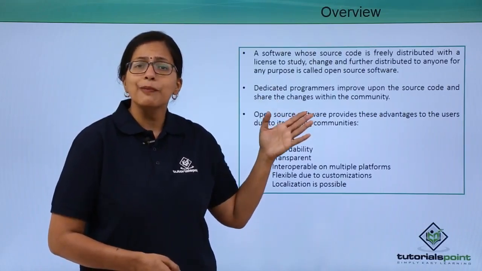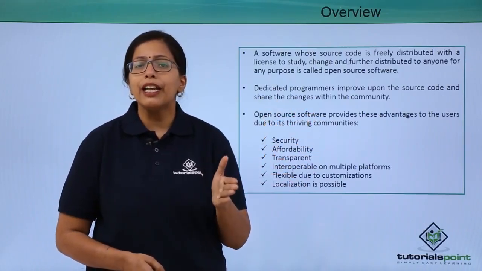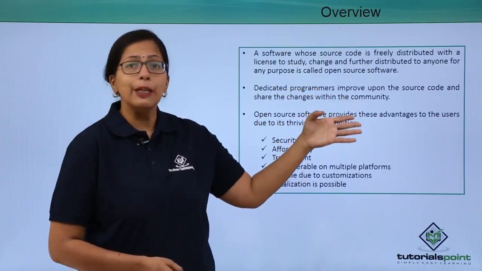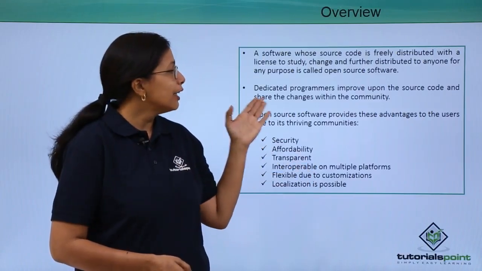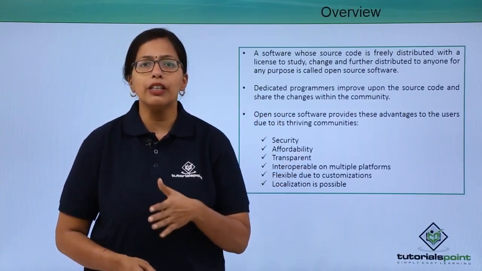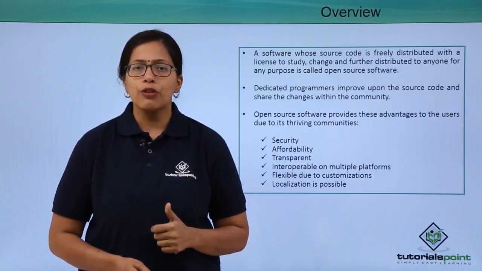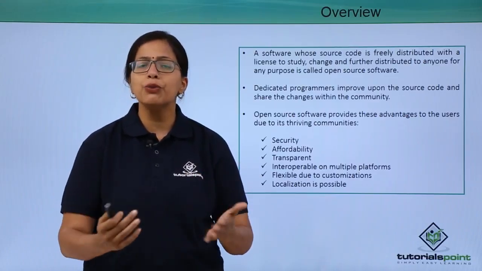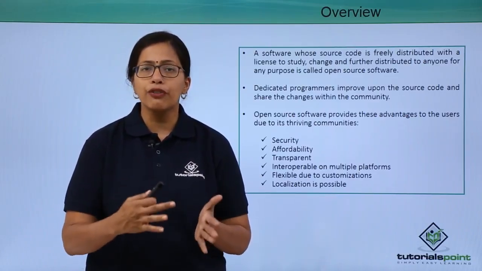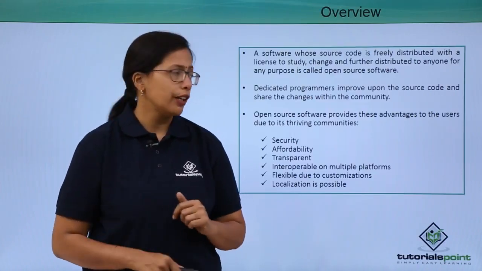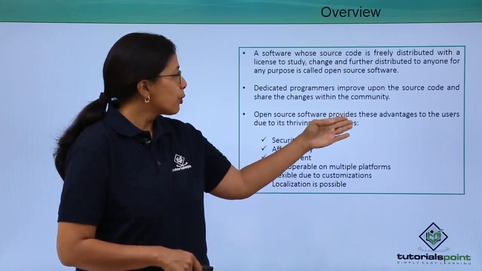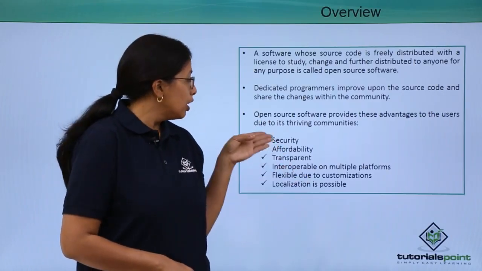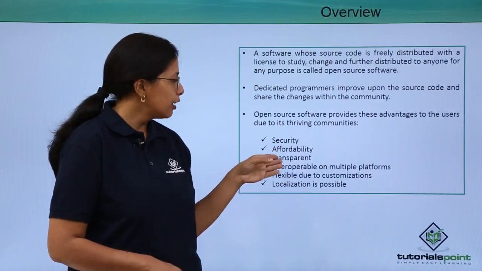Why is open source software made available? Because not everybody can pay for a software. Dedicated programmers will improve upon that source code and they will share the changes within the community. So, if you are using an open source software, and you are a member of that community, then you will get to know what new changes are being made in that software, and then you can use the new software. Open source software provides these advantages to the users because of its communities only: security, affordability,